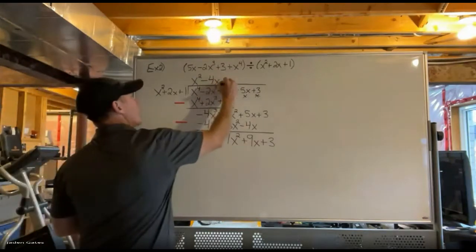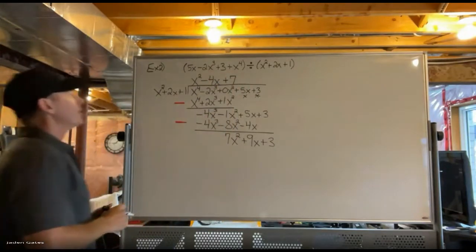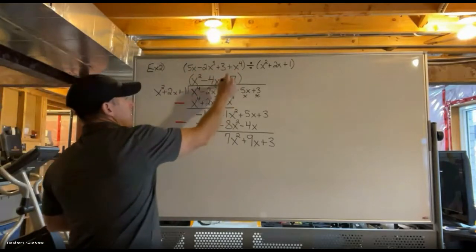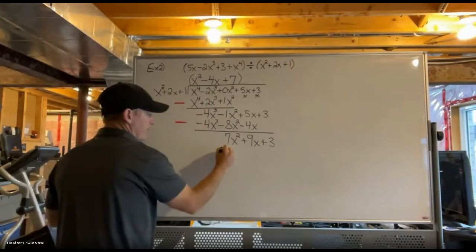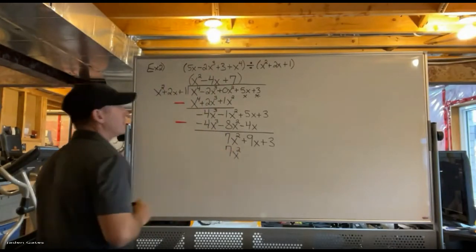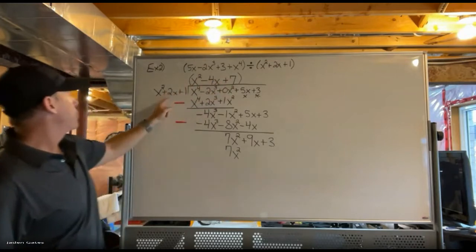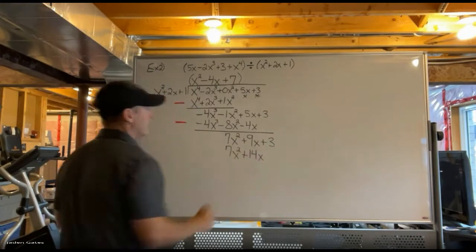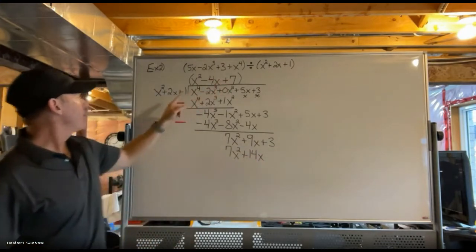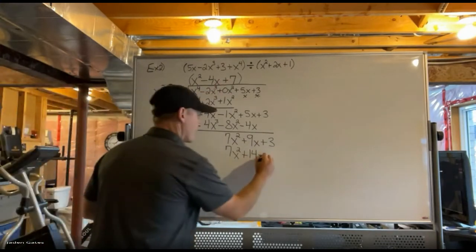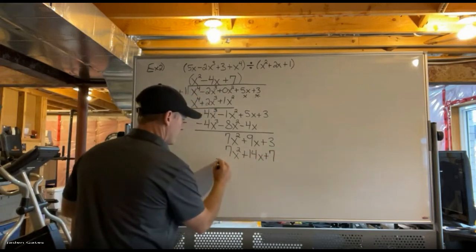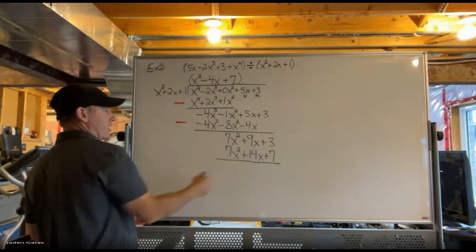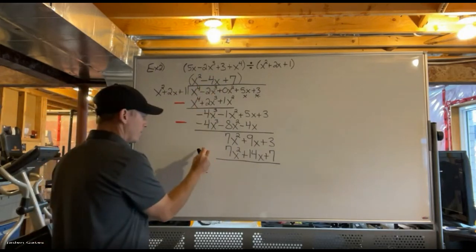Well, I'd have to multiply by a 7. All right, so there's our polynomial on the top. Now I'm going to go 7 times x squared is 7x squared. 7 times 2x is 14x. And then 7 times my 1 is 7. Now, I'm done with this polynomial up here, but I need to find out my remainder. So I'm going to subtract